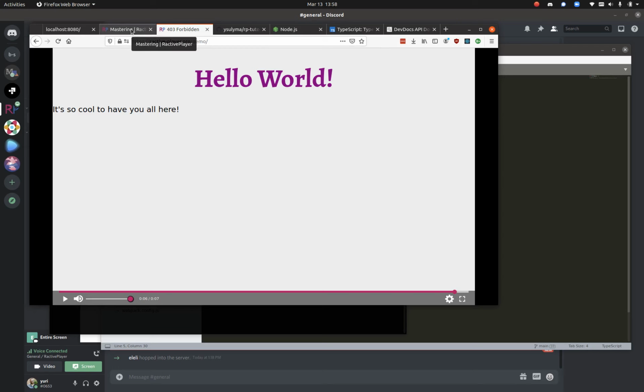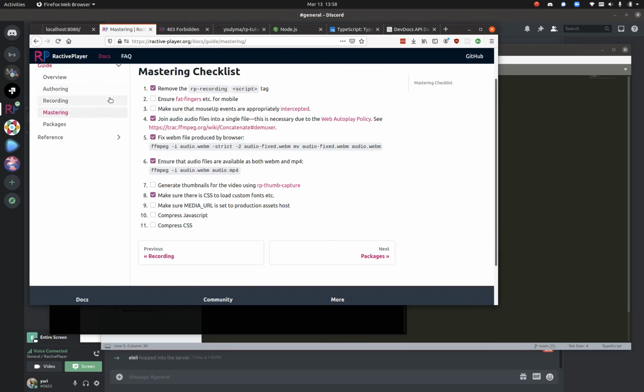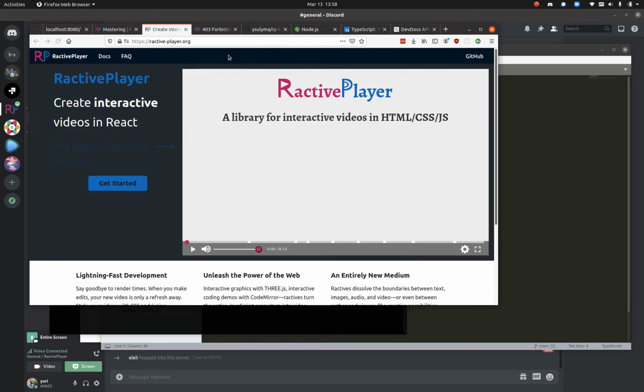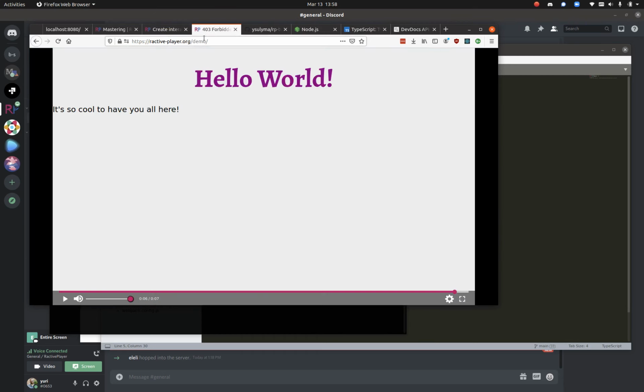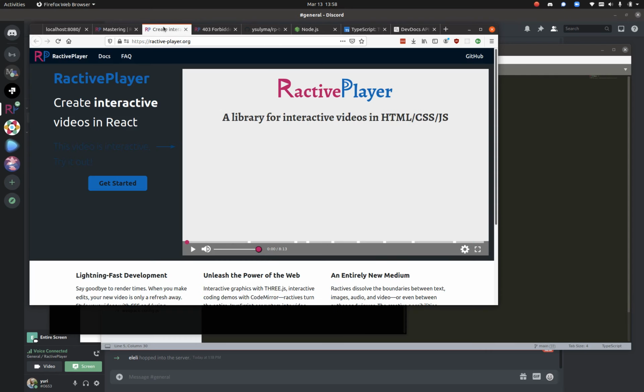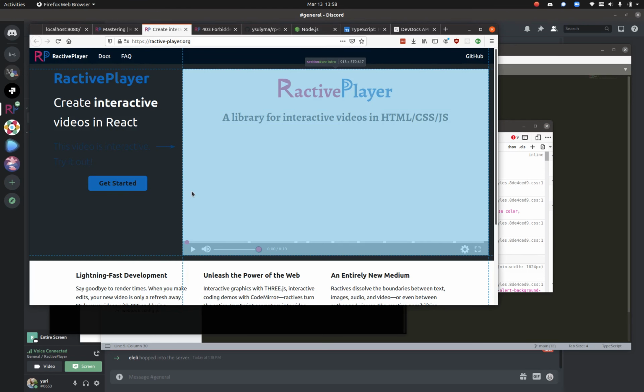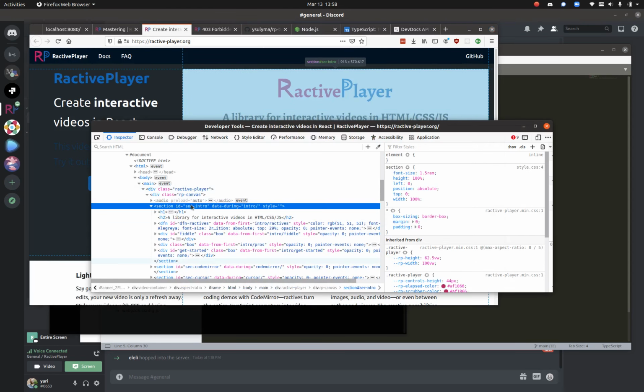I guess the last steps, which I should add a bit about here, is that right now, so far we've been viewing just the HTML file containing the Ractive. Then what you want to do, of course, is embed that somewhere on a page. So how you do that is you put an iframe referencing